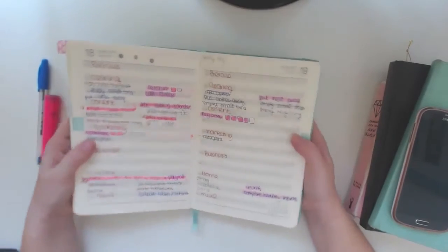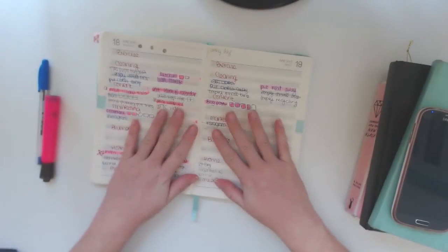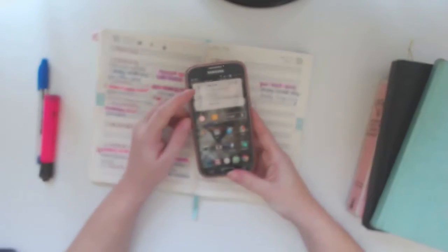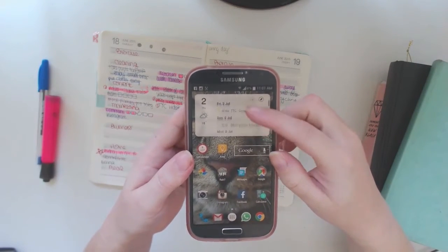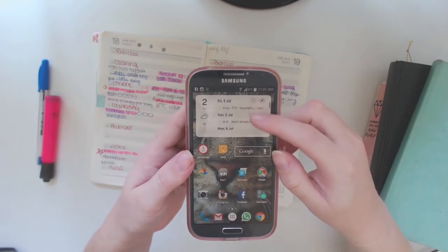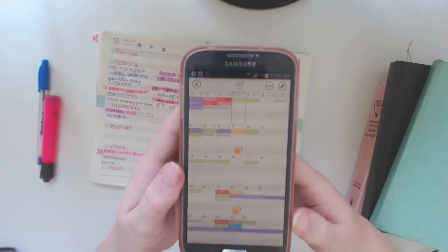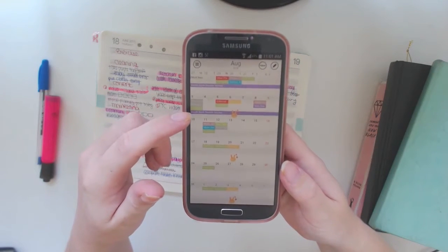But that's how I do my daily to-dos. Tied in with that is my electronic system. So on my phone here, I've got a little calendar, just a little reminder of my appointments and stuff. And I also just have a calendar there that I can bring up quickly, and it is all color coordinated with different categories